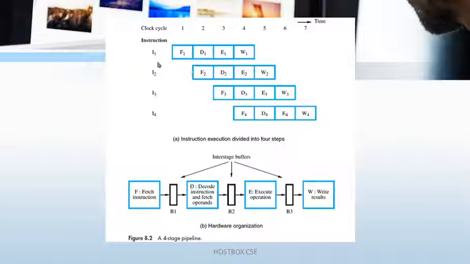Let's assume you have instruction 1, instruction 2, 3, 4, and the clock cycles. You know clock cycle means a particular time period in which you execute the given task. Clock cycles 1, 2, 3 up to 7 are the time for instructions 1, 2, 3, 4, 5 and so on. When you go for non-pipelined execution, there is no option: once you complete the instruction, you save the result and then come to the next instruction, that is I plus 1, I plus 2, I plus 3.